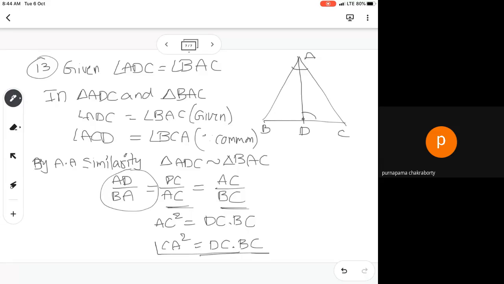Whenever you write a side, it is the length of the side, so you can write CD or DC; it doesn't matter, both give the same meaning. Okay? Did you understand this one? Say yes or no. Yes, sir. Is it clear? Okay, so now let us move to the next problem. This is a little bit different problem, and it is useful to you. The 13th one was a very simple problem.